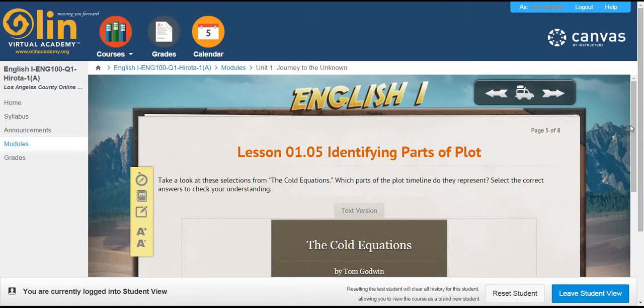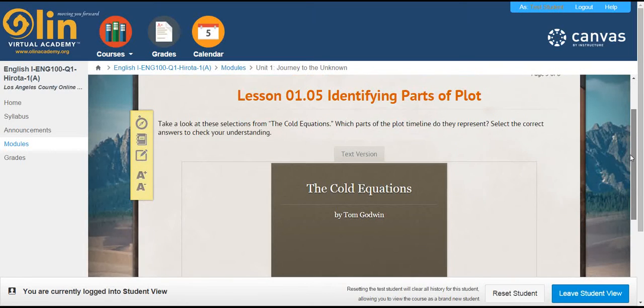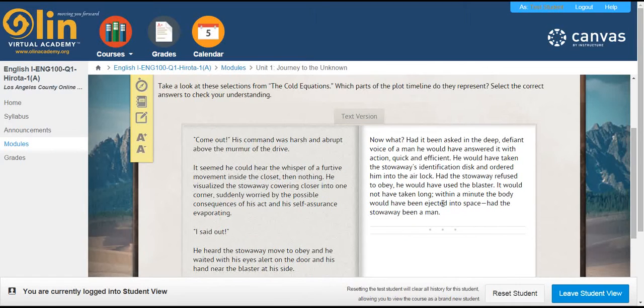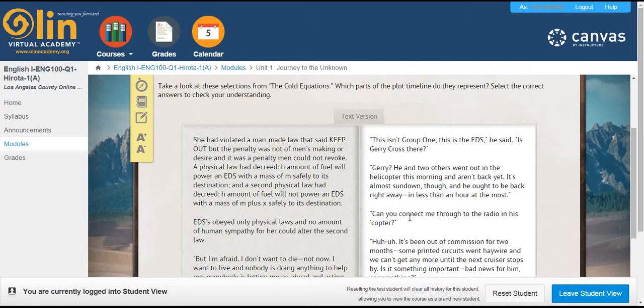On page 5 you have selections from the cold equation again, and you're supposed to look at how it deals with or which parts of the plot timeline it represents. So make sure that you go in and read that and figure all of that out. Very important. This is going to be on the quiz that you take, so you need to make sure you